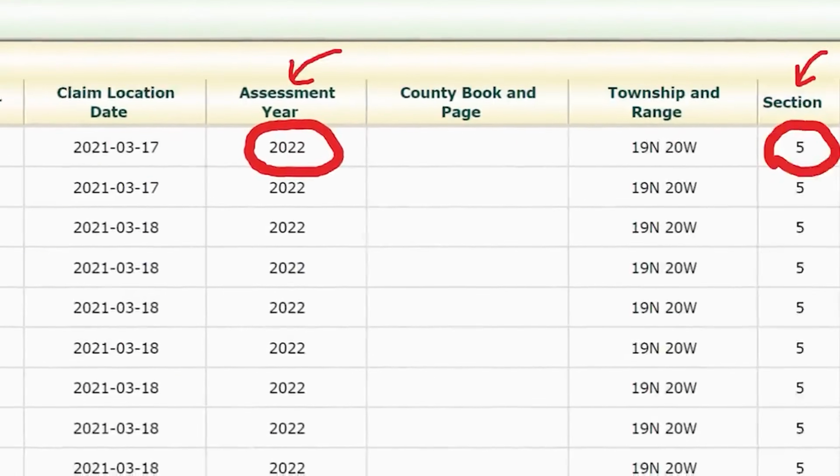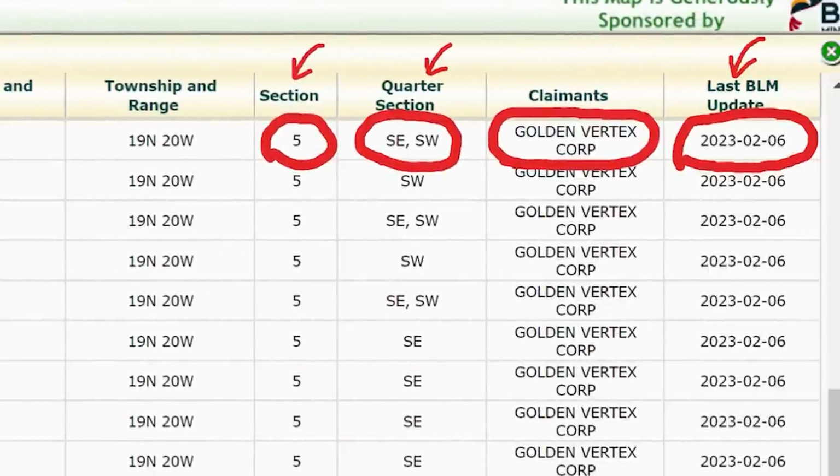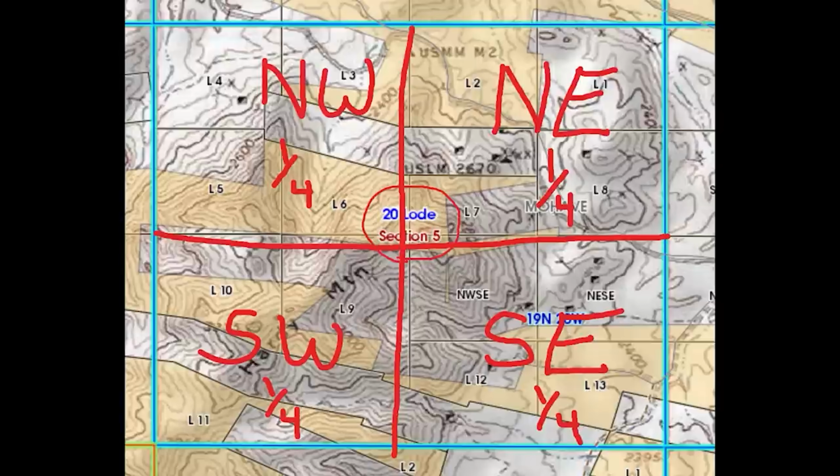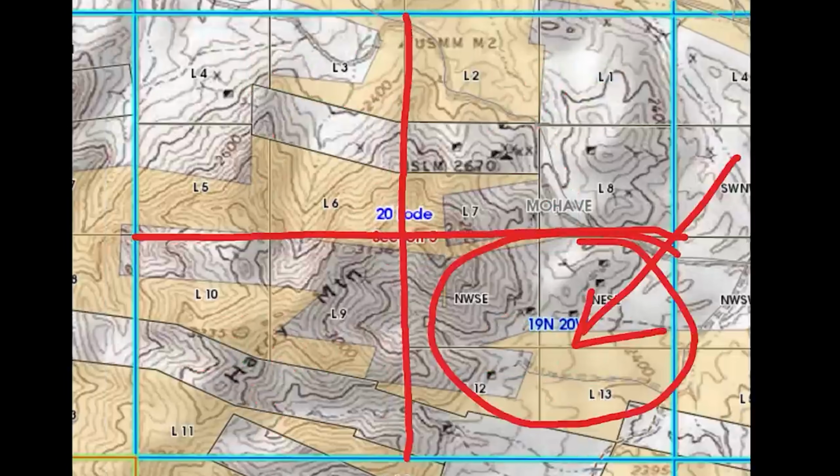Claim name, assessment year, section, and claimants is the people who own the mine. Go back to the map. Each square represents a square mile. You're going to cut that into quarter sections. Pick the quarter section that you're researching to find out what claims exist there, so you'll know what land is